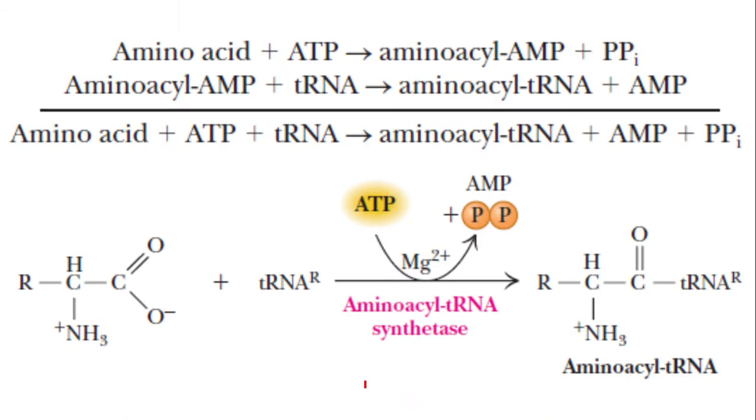Okay. Amino acid plus ATP gives amino acyl AMP plus PPi. This much energy is required to carry out the reaction forward. And amino acyl AMP reacts with the tRNA, forming amino acyl tRNA. So this is a two-step reaction, and the energy released from this bond is actually utilized for running the chemical reaction forward. The enzyme is amino acyl tRNA synthetase.